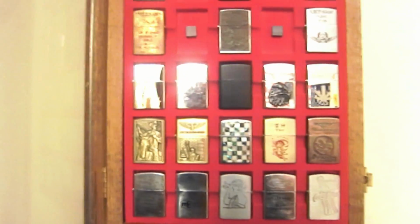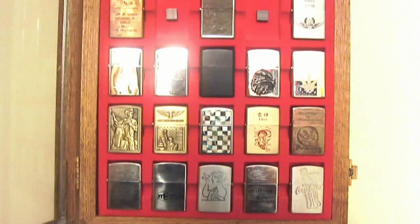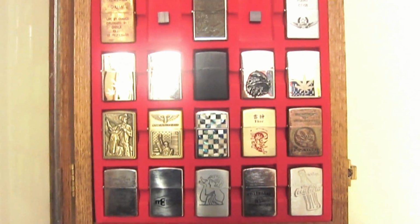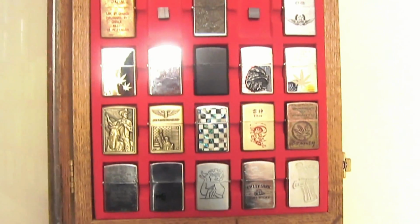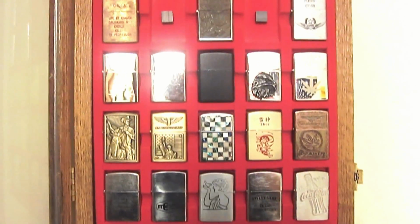As good as Zippos, I don't know. I want to say probably, but I'm just so used to the Zippo name and of course the pride of it being an American product that I do prefer Zippos, and of course the history behind Zippos. But anyway,